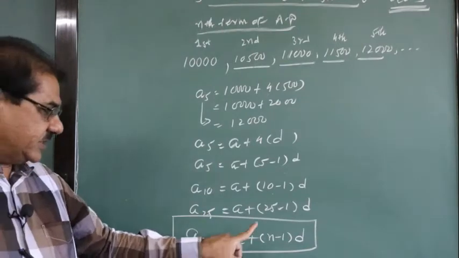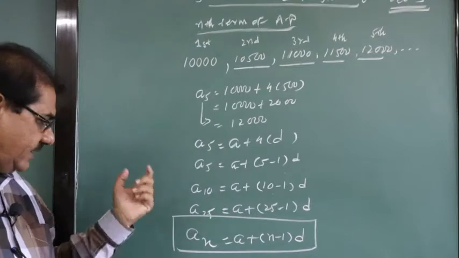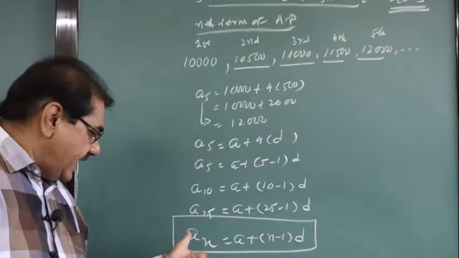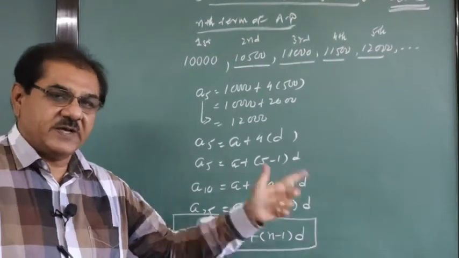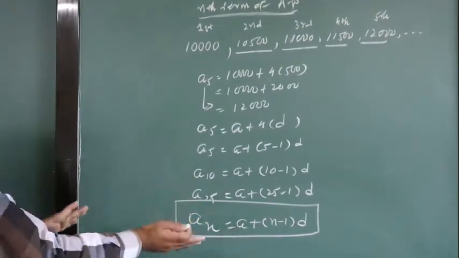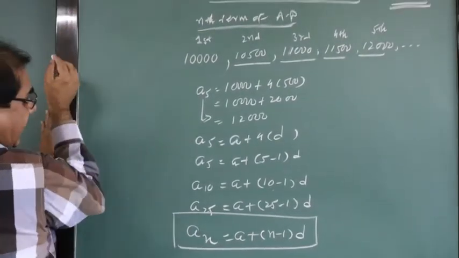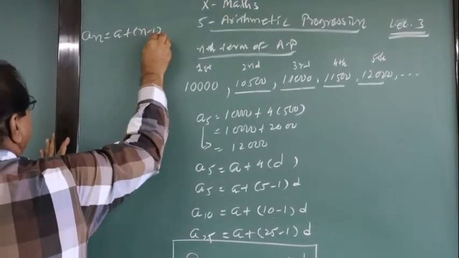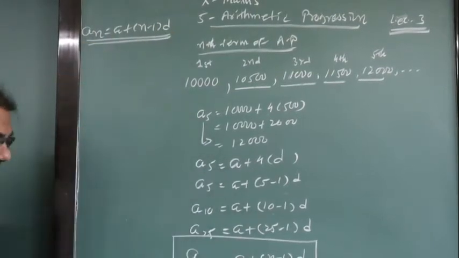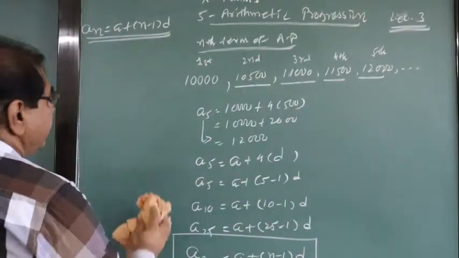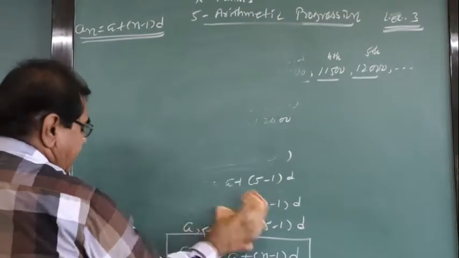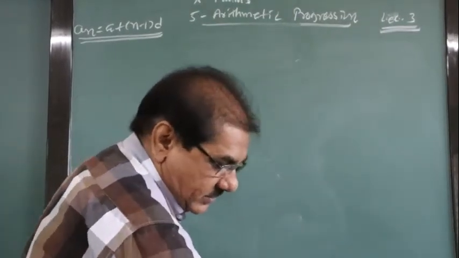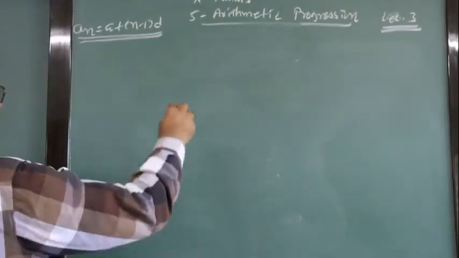So this is the formula for nth term of an AP. Here A is the first term, common difference is D. So when for an AP, A is the first term, common difference is D, then An is equal to A plus n minus 1 into D. It is the formula we have formed. I write this formula somewhere on the side because we are going to use it further. Please try to remember this, because on the basis of this formula, now we are going to take certain examples. This formula will be helpful to solve these examples. Okay? We take the examples one by one.